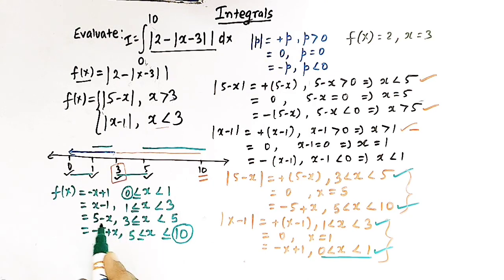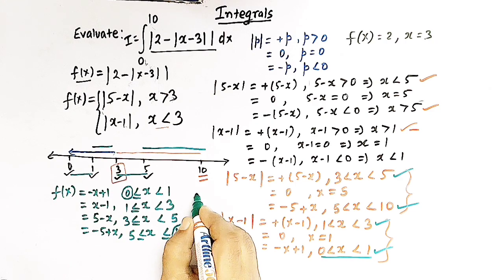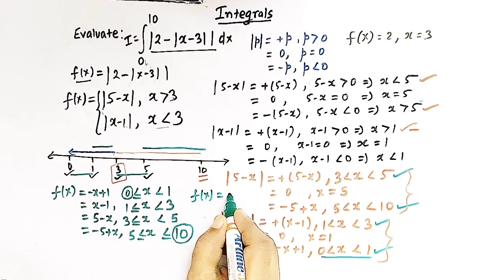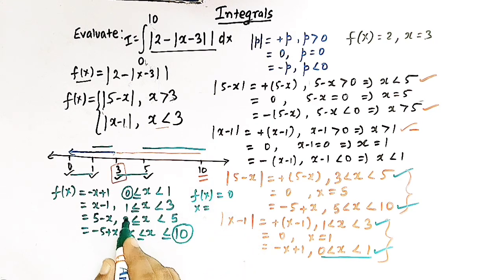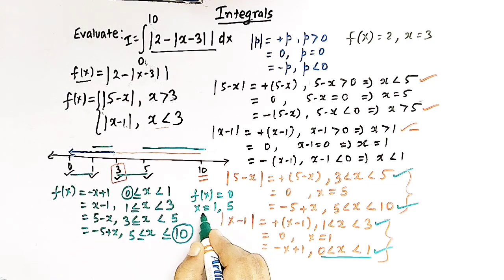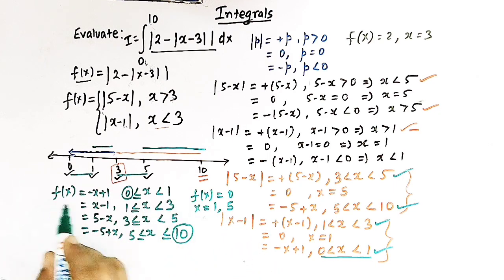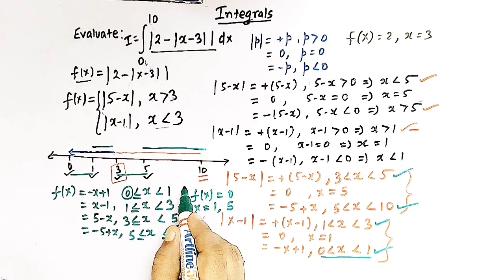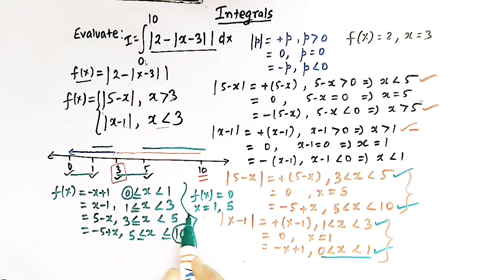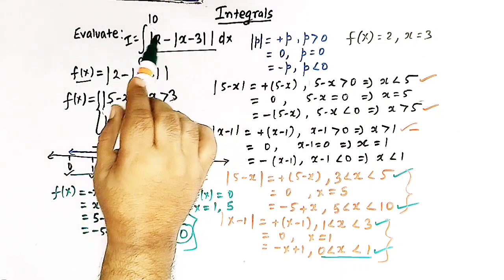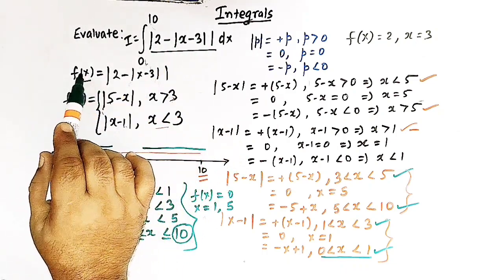And this is very much clear from this function that f of x is equal to 0 when x is equal to 1 and x is equal to 5. So at these points, that is x is equal to 1 and x is equal to 5, the function f of x is equal to 0. So viewers, this is the complete representation of the given integrand, which is our function f of x, and we